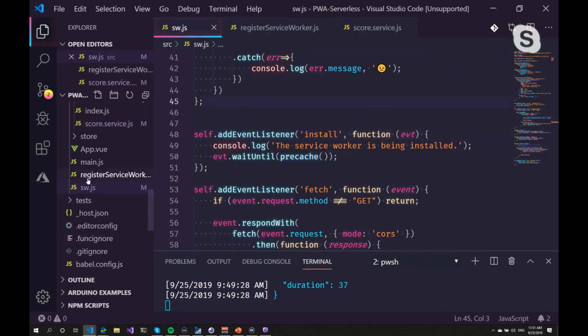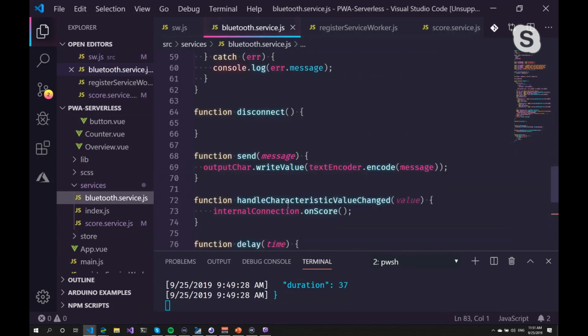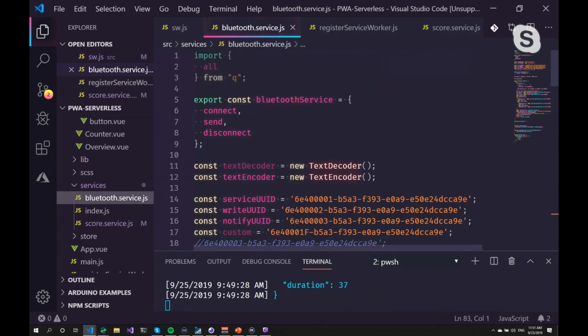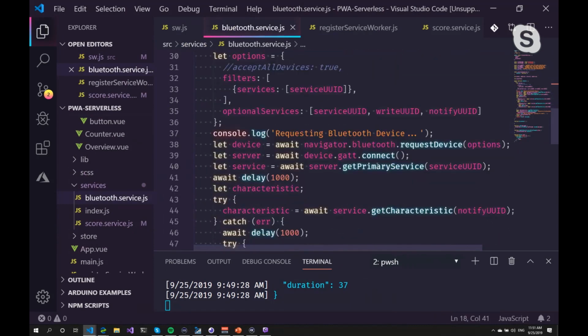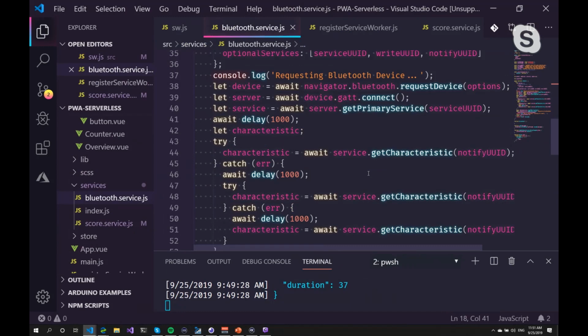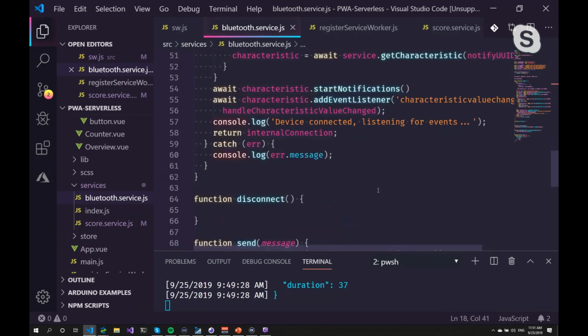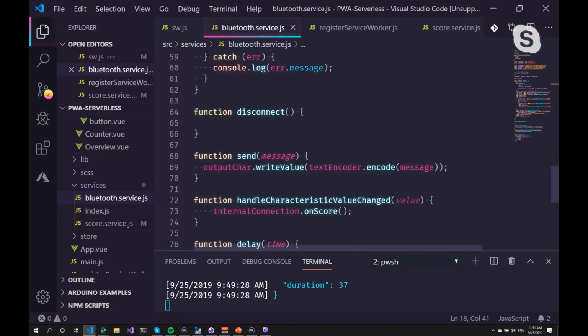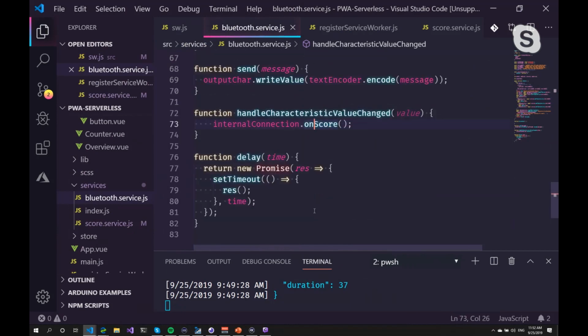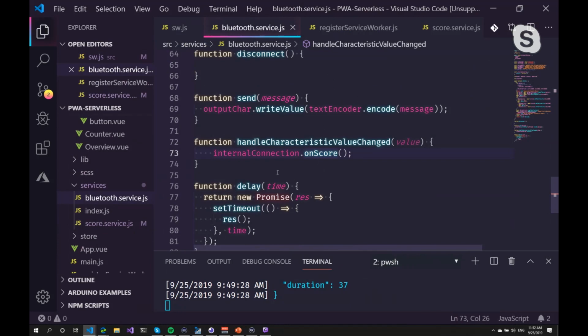Then we have the Bluetooth part. So I have this Bluetooth service, which, well, to get it to work the first time was pretty hard. You have to get all these IDs in the right order and then do all kinds of ways to get to the Bluetooth device, connect to it, get all kinds of characteristics. And then once it's done, you can just wait for it to handle an event. So when these sensors are broken, it sends an event, and then this just handles that event and updates the score, which is pretty cool.